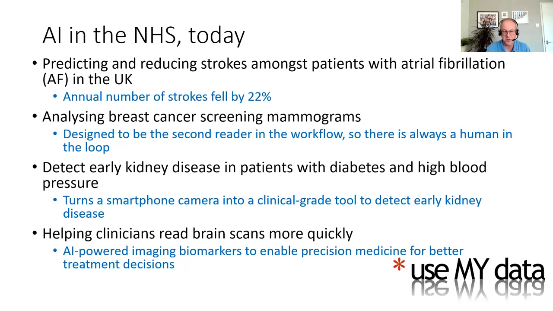But these were just some examples which I found, which were demonstrating to me quite different ways of using AI. The third one is interesting because it turns a camera, a digital image, into a tool. So rather than looking at data, a camera could detect clinical images, and the artificial intelligence and machine learning would work on the image, like facial recognition, to look for certain things with early kidney disease. So there are lots of different ways that AI is being used in the NHS today, or beginning to be used. I think it's still really at a very early stage.